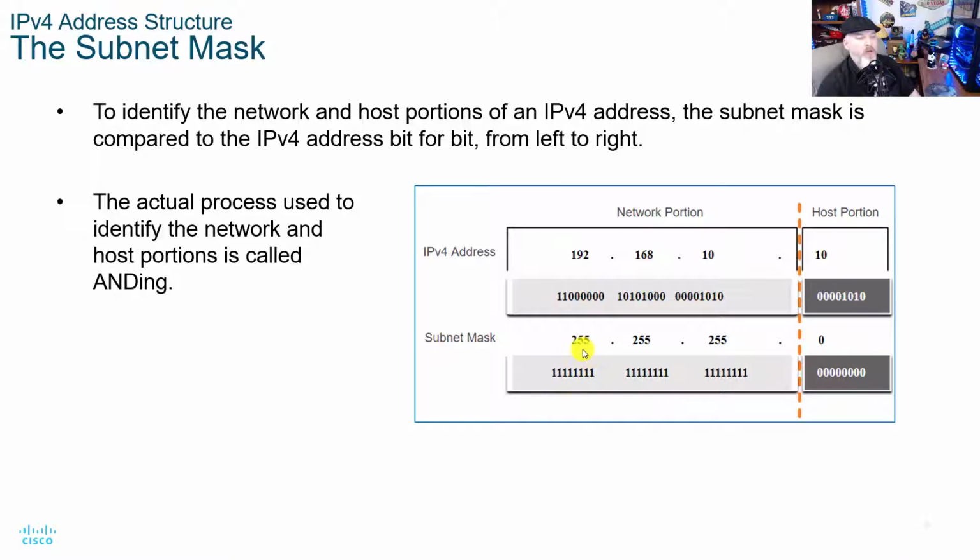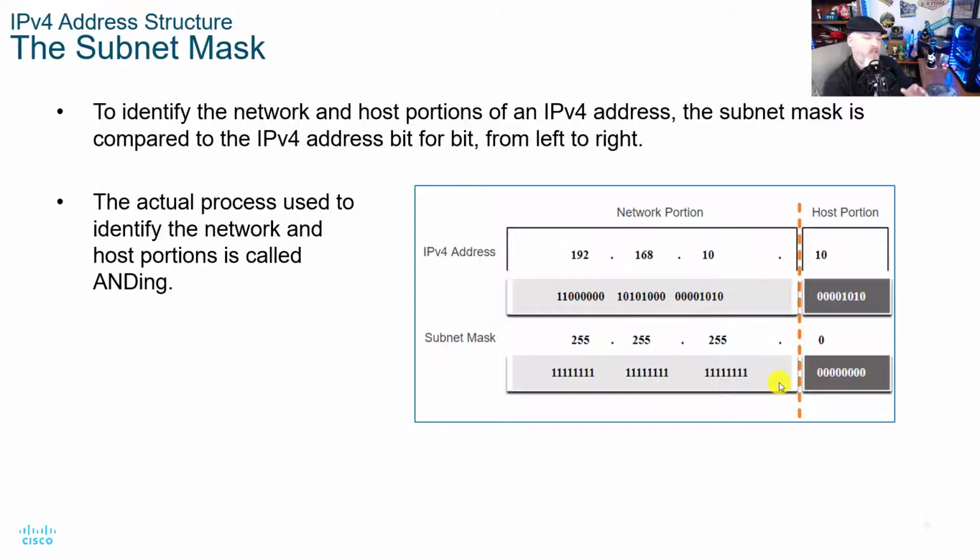That's telling us that 255 is all ones, 255 is all ones, 255 is all ones, and then we get to the first zero. So what happens is the network starts reading the subnet mask, and it goes through and sees all of these ones. And when it gets to the first zero, the network says, oh, okay, everything to the left of this zero here is the network. You cannot have any other zeros over here. So you have to have 255, 255. If you had a zero here, the network portion would be right here, and everything to the left would be the network. So when it gets to the first zero, it's going to say everything to the left is the network and everything to the right is the host.